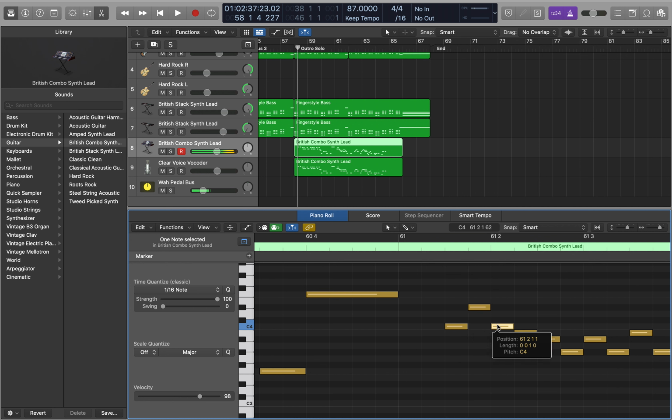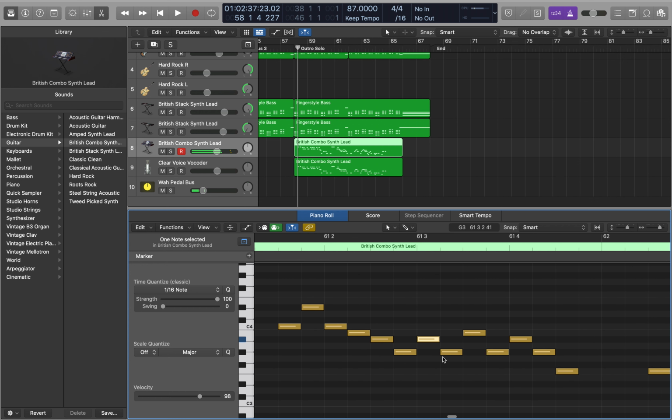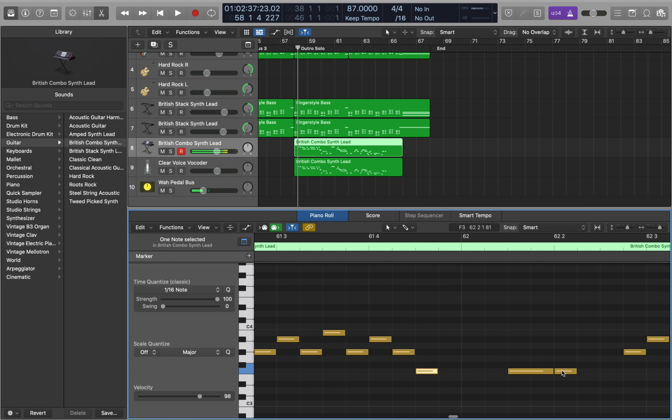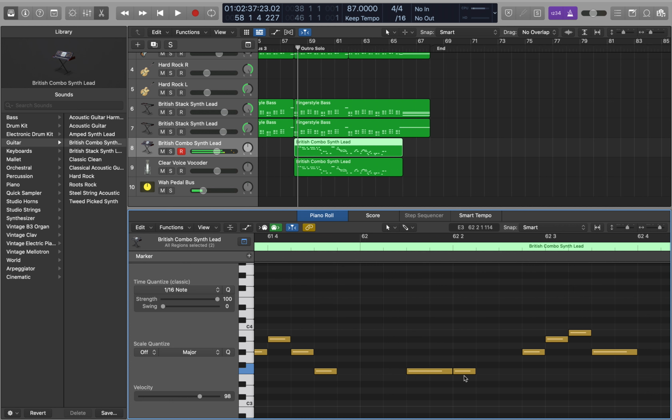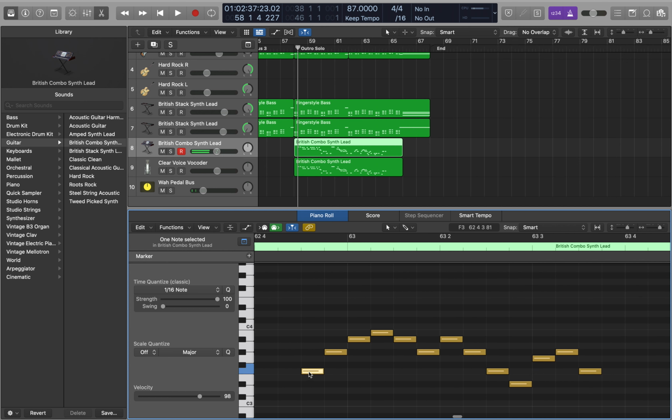C, D sharp, C, B, A sharp, G sharp, A sharp, G sharp, B, G sharp, A sharp, G sharp, F. Then we're continuing F, F, G sharp, A sharp, B, G sharp, F, G sharp, A sharp, B, A sharp, G sharp, A sharp, G sharp, F, D sharp, G, G sharp,